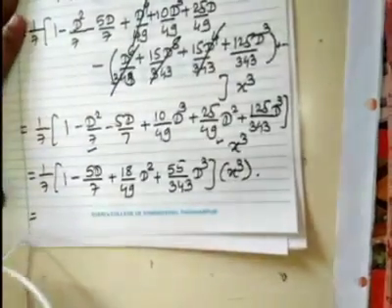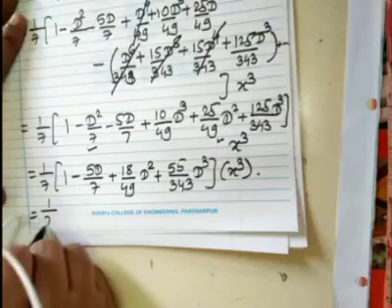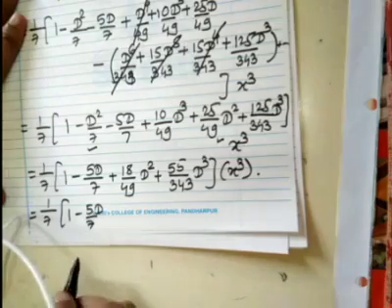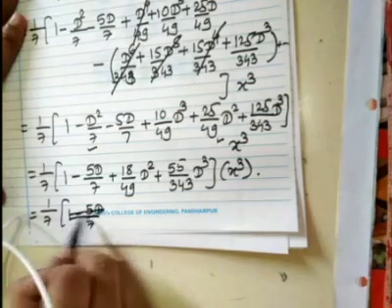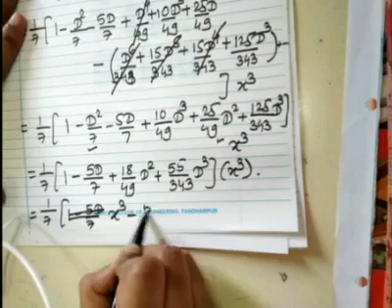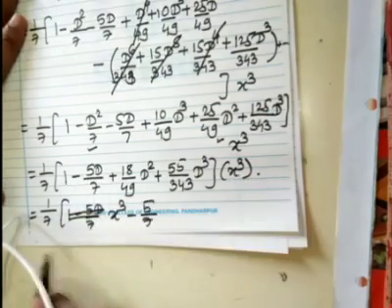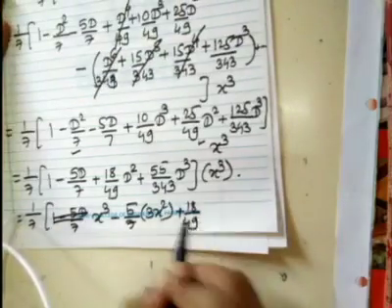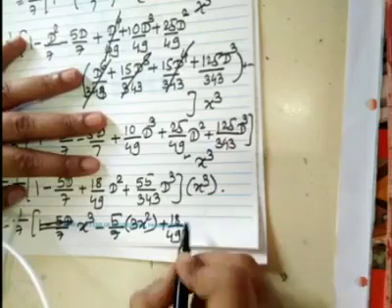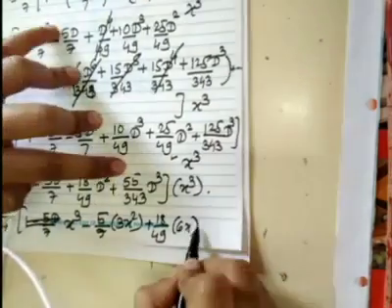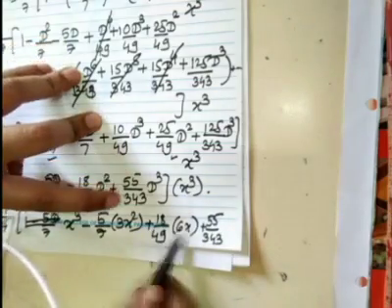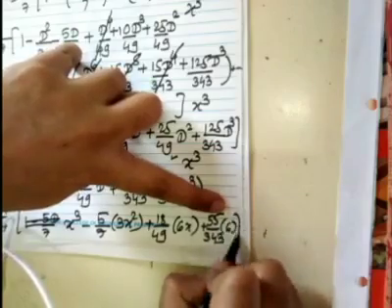Now just open it and solve. So it is 1 by 7, 1 minus 5 by 7, okay, 5d by 7. Should we open it? Okay, we'll open it now. So 1 into x cube minus 5 by 7 into derivative of x cube, that is 3x square, plus 18 by 49 into double derivative, next derivative of this, that is 6x, and plus 55 by 343 triple derivative, this is first, second and third, that is 6. Finished. So this is your YP4.